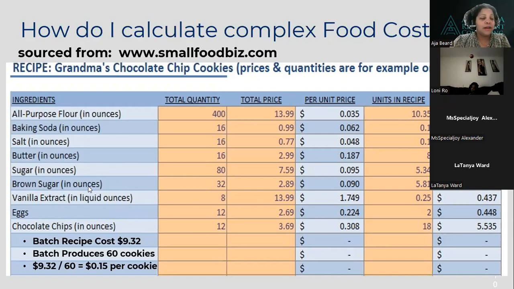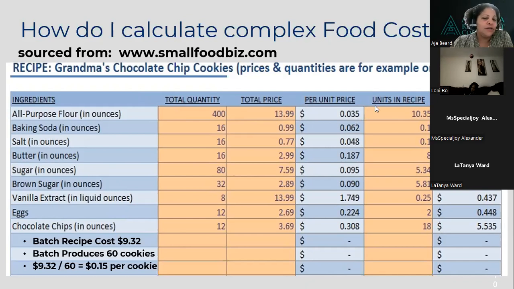So you're going to be plugging in information in column 1, 2, 3. Column 4, you leave alone. There's a formula in here that does that simple formula that I did earlier, which is your price divided by the portion that's in the container, and it'll give you the price per unit. So in this case, this all-purpose flour, it's a 400-ounce bag. You just convert that to pounds and you'll know what that is. For $13.99, we take $13.99 divided by 400, we get 3 cents an ounce.